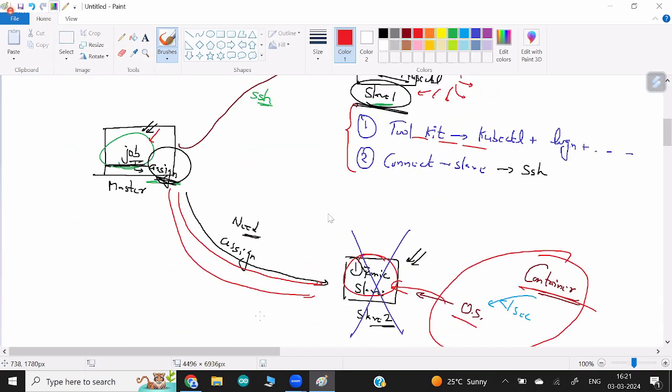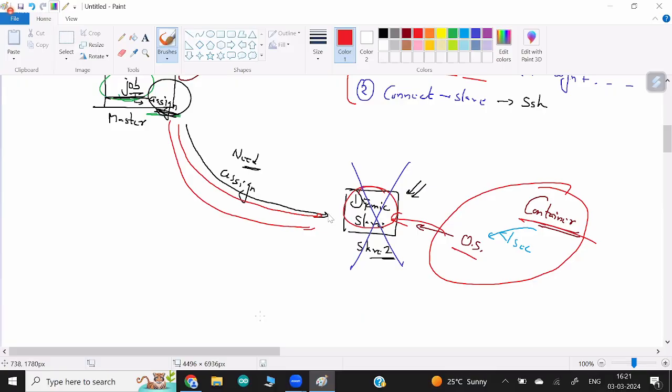So let me start with the first topic that I explained already. That is called dynamic provisioning of the slave node. So how can we do this, right? For this, you have to use one platform. What do I mean by this? Because we want, when the job comes,